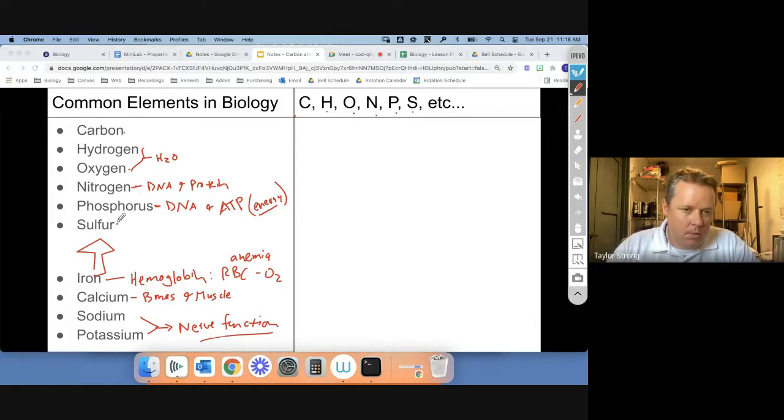So sulfur, we're not going to talk about quite as much, but it is important in protein. What it does is it helps proteins take certain specific shapes that cannot actually be changed. And so that's really kind of important. If we want to go back to carbon here, and that's kind of what our focus is today, carbon, well,